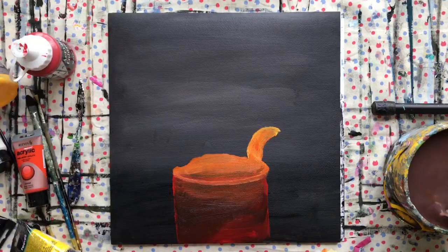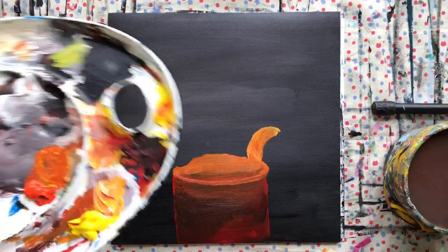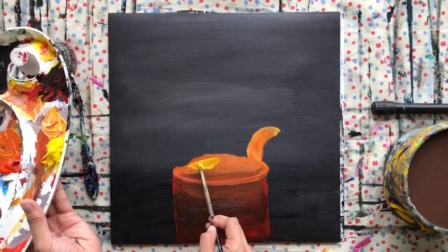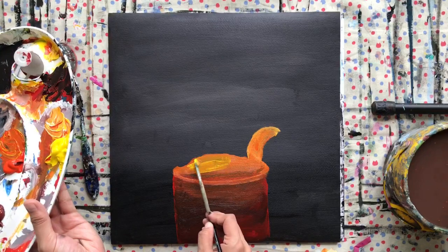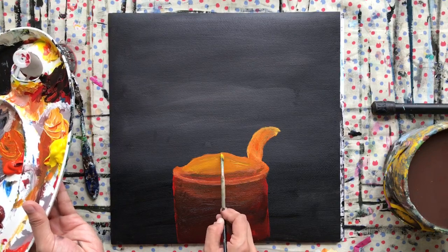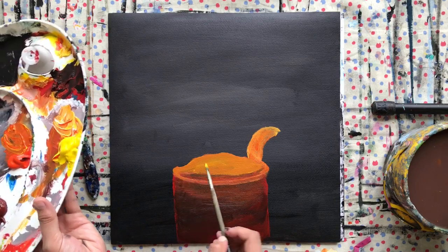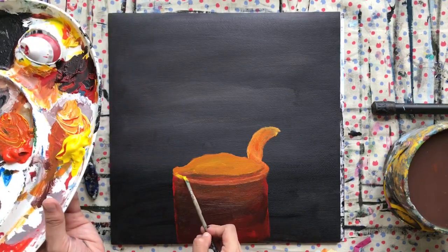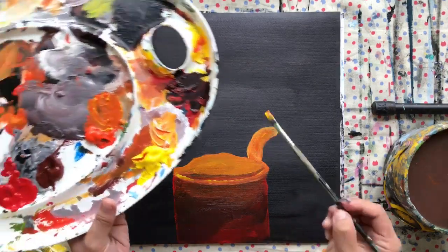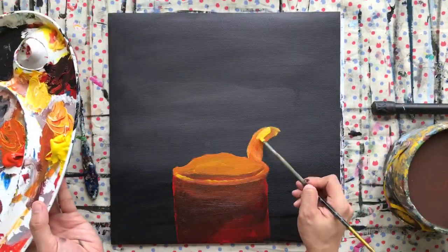All right, wash your brush out, and I think I will change my brush now because the brush that I was using was quite stiff. So I'm gonna get my cad yellow again here. There you go. It's good for blending. Just get your soft bristled brush to get that soft blending. And then I'll be using some yellows here and here. I'm gonna get my cad yellow and mix that with white and make it